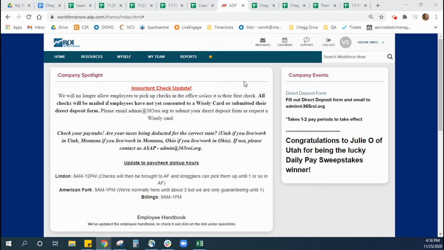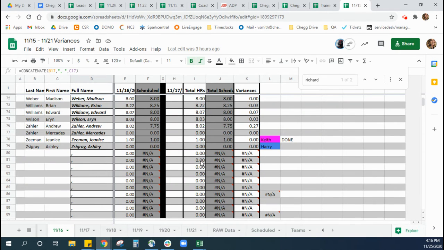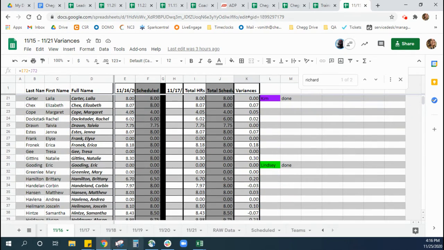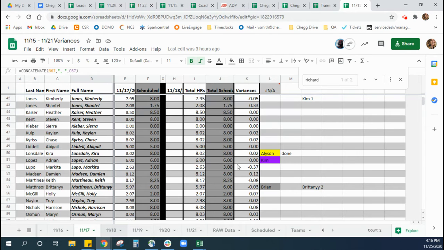All right, so when reporting billables to Chegg or to Grant, basically, we need to make sure that the variances for the week prior are 100% done. So in order to do so, I'm pulling up my variance sheet and I'm just making sure that none of these variances are showing up in red, which if you scroll through, you'll notice that none of these are showing up in red